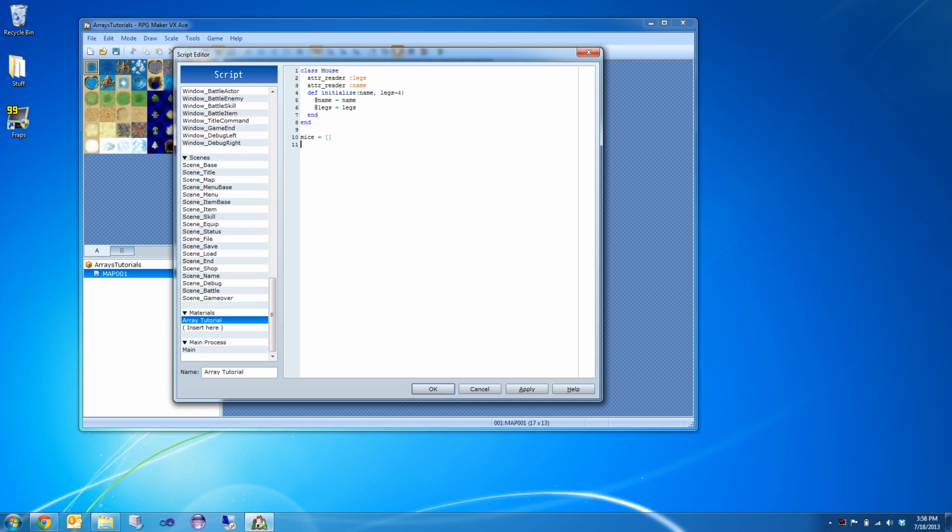So let's go ahead and we're going to say mice, and we're going to add to it a Mouse.new with the name of empty, and he's got 3 legs. Poor mouse, right? Okay, we're going to add one more here. And so another way you can add to an array is dot, wow,